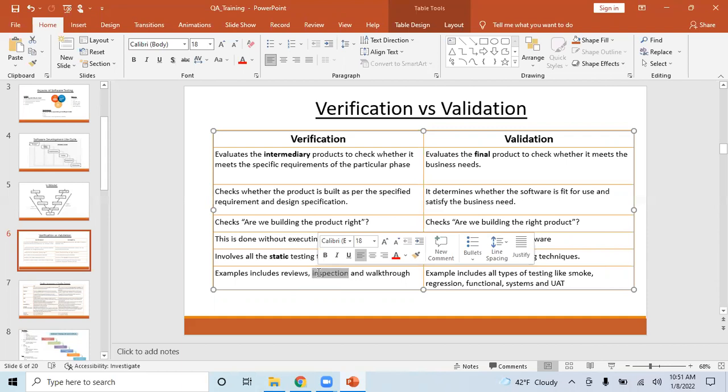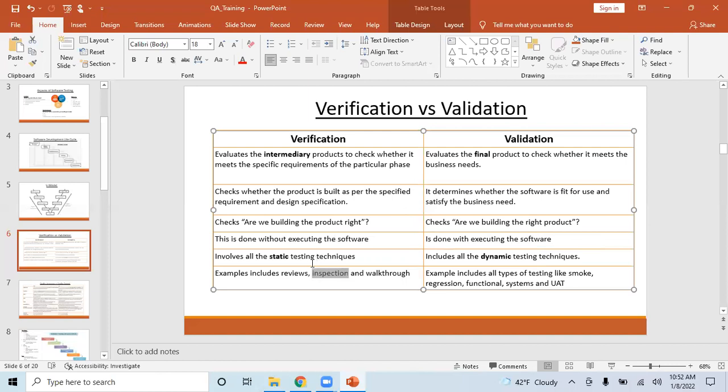Nowadays nobody is doing these inspections. Normally, in real time, if a company is going for certification, you would have seen some companies say we are ISO 9001 certified, or ISO 9000 certified. When a company says this, that means they have to follow some processes.